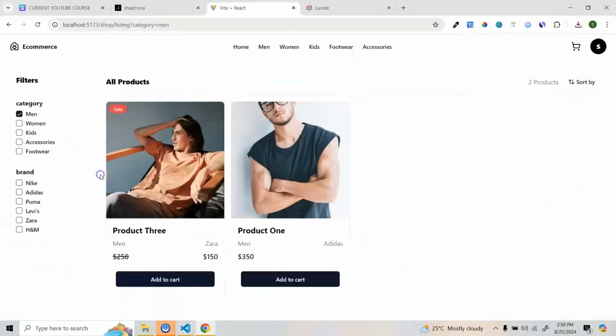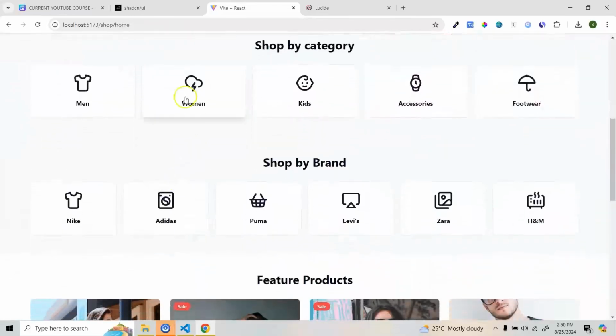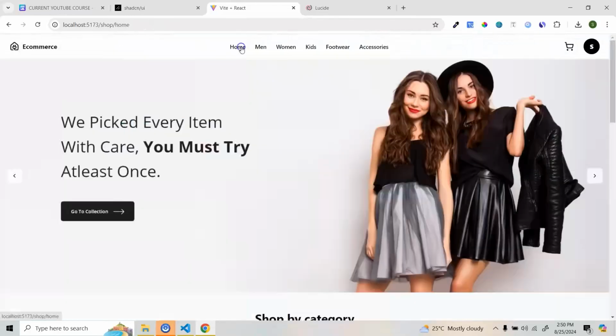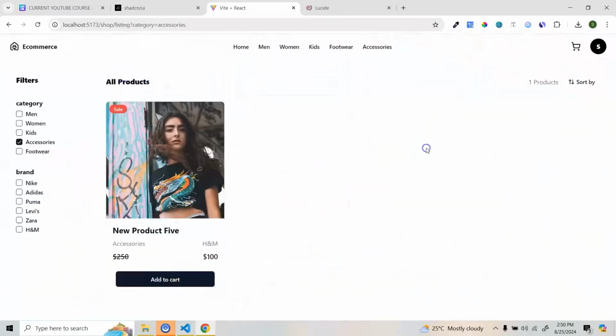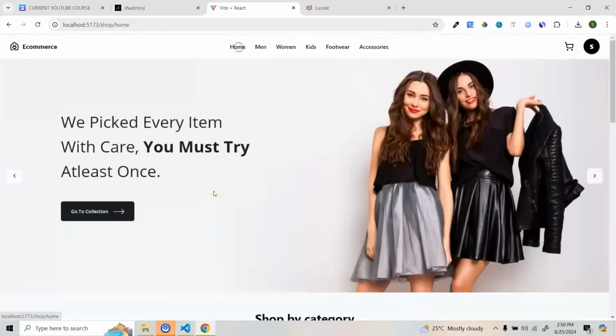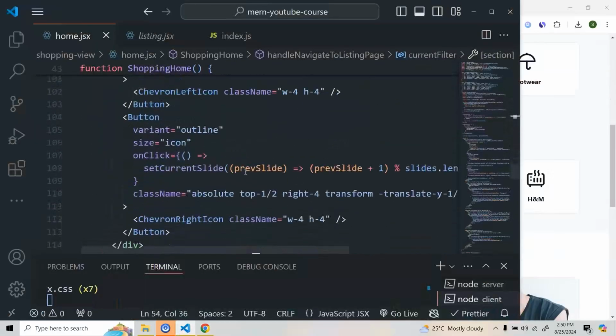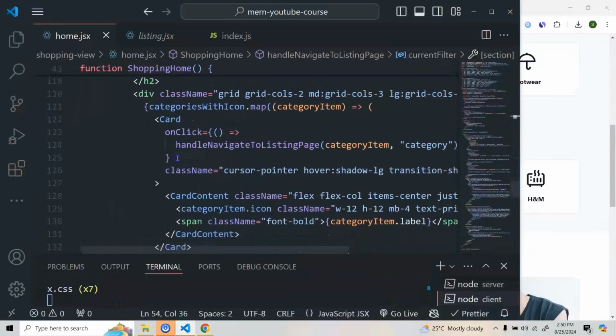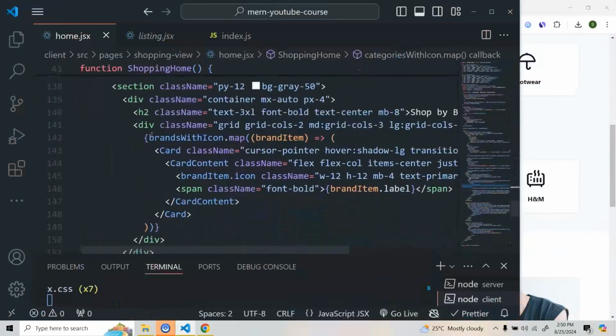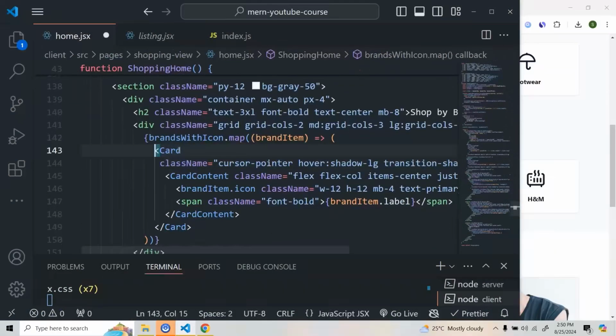So now let's click here. See, category men. If I go here, again we'll be getting category woman, right? And if I click on this accessories, category accessories. Same thing we need to do for brand. So for brand, what we'll do, again we'll call the same function. So we'll call this, and then we'll go to brand and just paste it here,